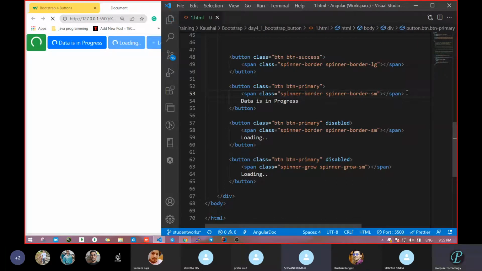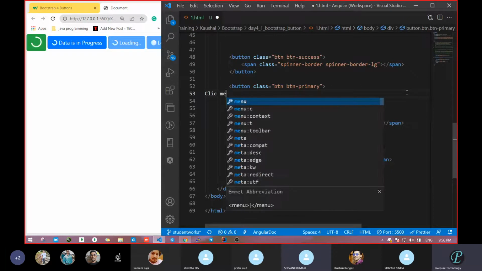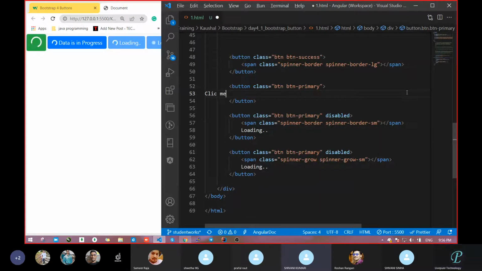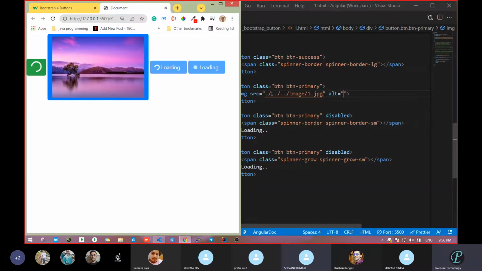So suppose up to here, this completely, what is the thing? This will appear on the button, because previously for this itself we were writing click me. Is this correct or not? Yes, sir. So this is now going to appear on the button, but I do not want this one. I want an image. What you can do is take that image and pass that. Let's save. See, you got the button over the image.